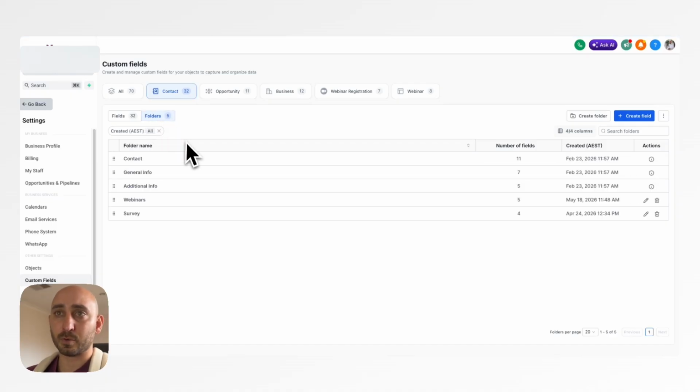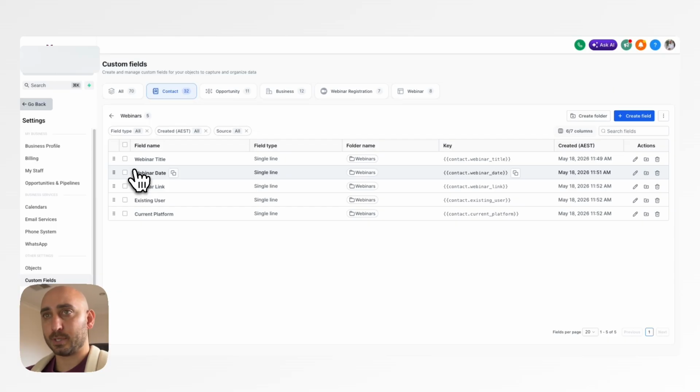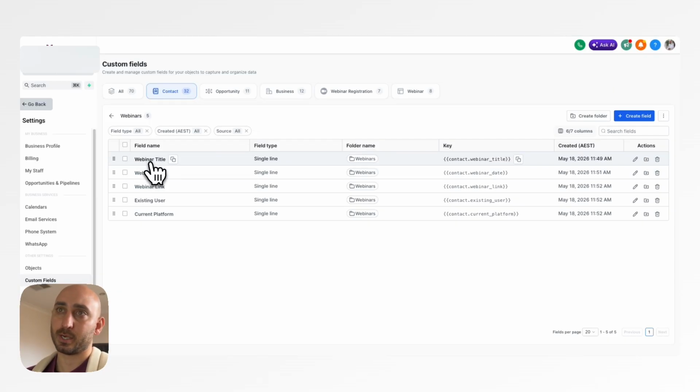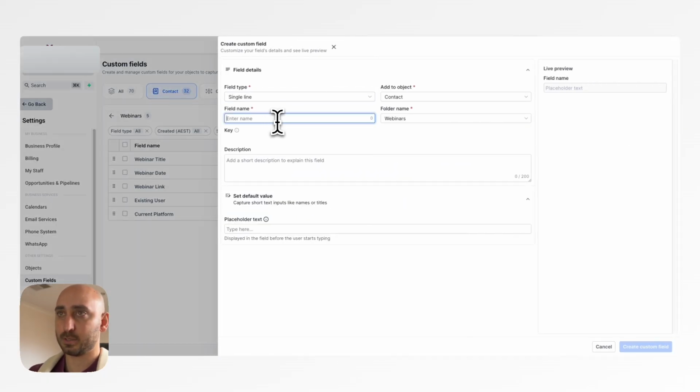I've got a specific folder for webinars, and this is holding basic info. It's not the thing that's being sent, but just to reference, it will be overridden each time they register, so it doesn't save. But what I need it for is to send the actual recording. So we've got title, we've got date, we've got the link to join. We've got other existing user and their current platform if they're not. What we need, single line, is the Zoom replay